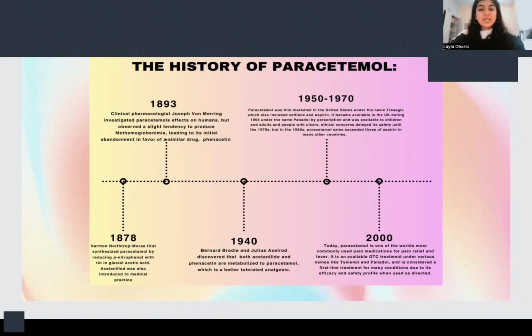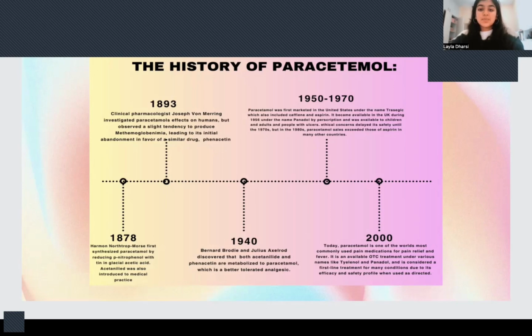It all began in 1878 when scientist Harmon Northrop Morse first synthesized paracetamol by reducing p-nitrophenol with tin in glacial acetic acid. Acetanilide was also introduced to medical practice. However, the synthesized paracetamol from the p-nitrophenol was not widely recognized in medical practice due to its safety and ethical concerns. In 1893, Joseph von Mering and scientists in Germany investigated the derived and synthesized paracetamol's effects on humans. However, they noticed a slight tendency to produce methemoglobinemia, which is a rare blood disorder in which the hemoglobin does not deliver oxygen to the body,